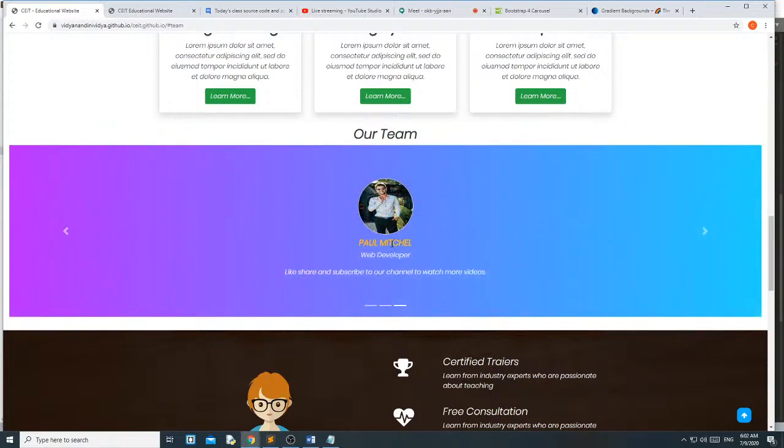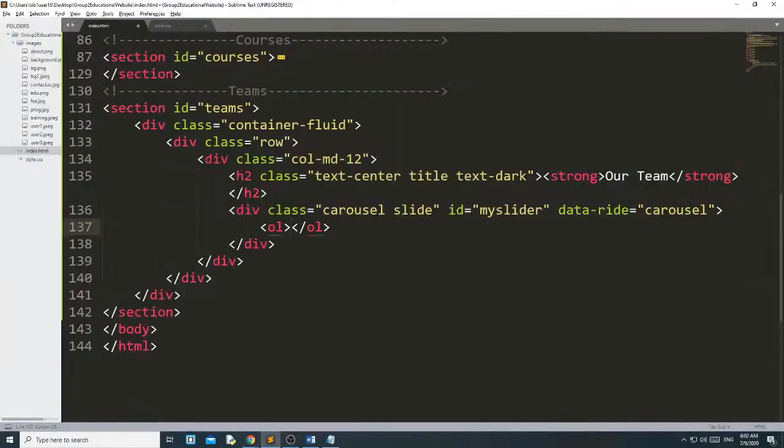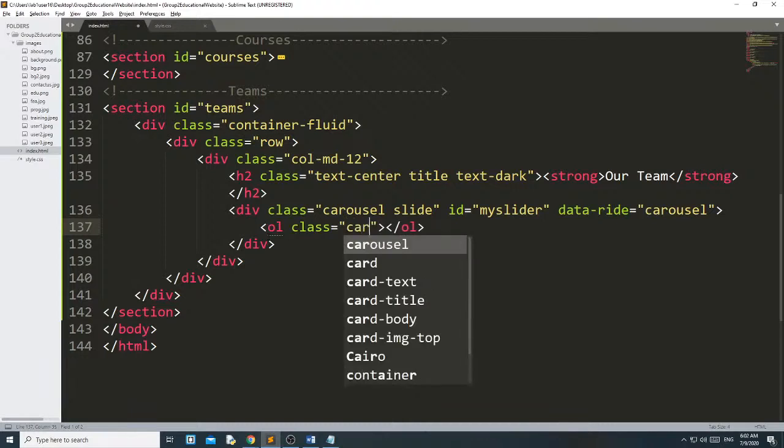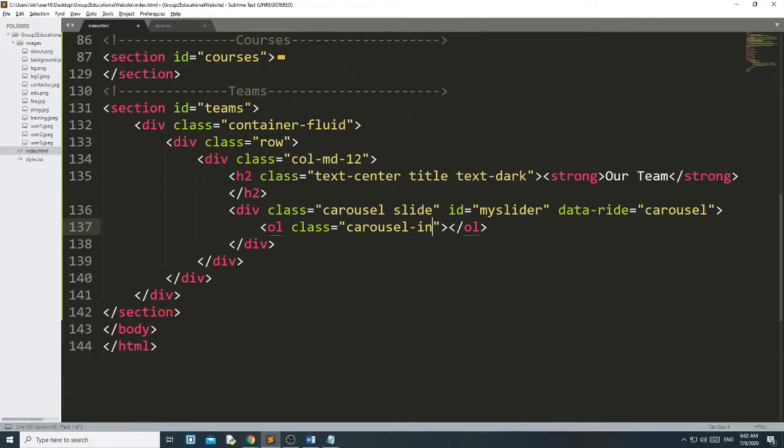And when we do not click, then automatically which one will come. That's why we are using carousel indicators. And like in the previous class, I explained the use of OL, ordered list. Carousel indicators.